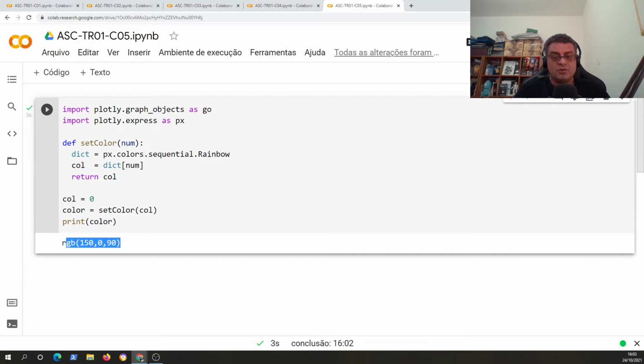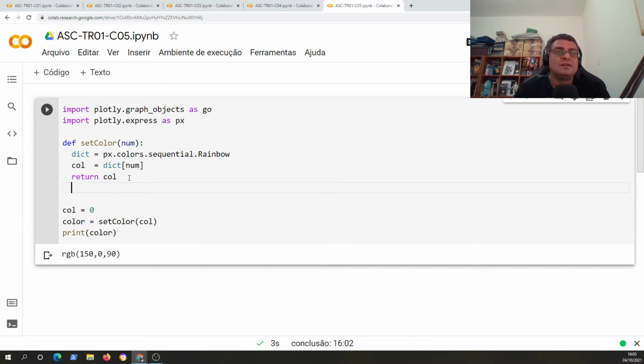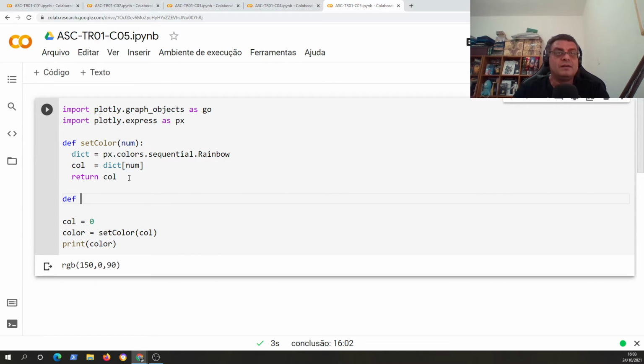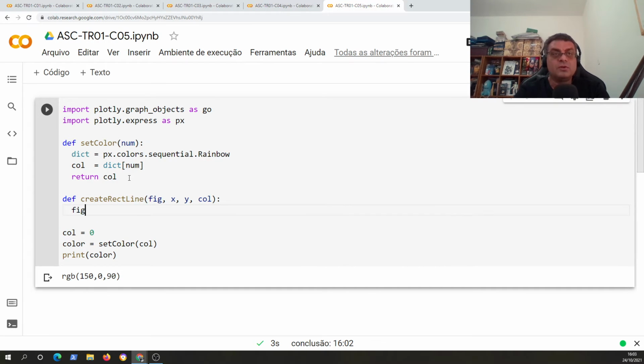I have a command to specify colors, but I also need a new command. I will create a new function that will create a rectangle. Okay, create rectangle line, just the line. And what's important, I should know the figure object, the coordinates of this rectangle, and the color. Finally, we will use the figure to add a shape,